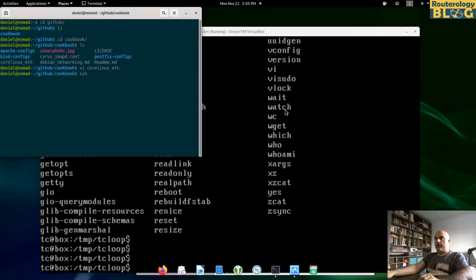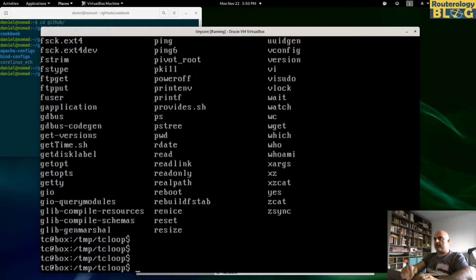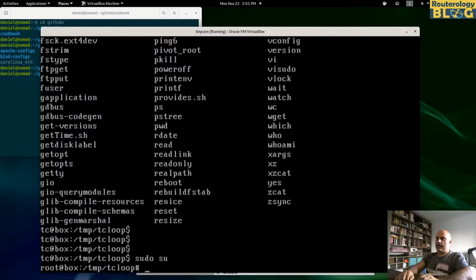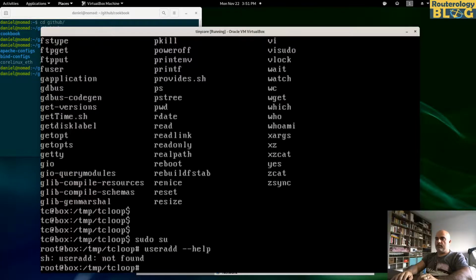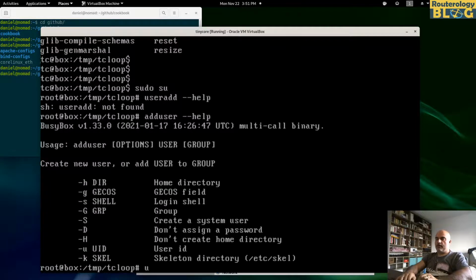I don't have a username actually right now. We are automatically logged in as user TC. I want to add another username, like an admin username. Let's see, user add. We don't have user add. Add user. We have add user. So add user admin, minus shell bin sh, minus